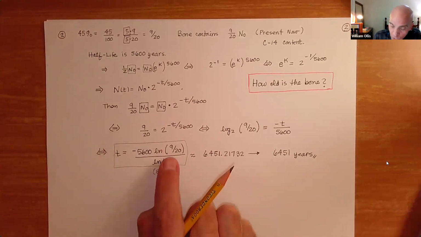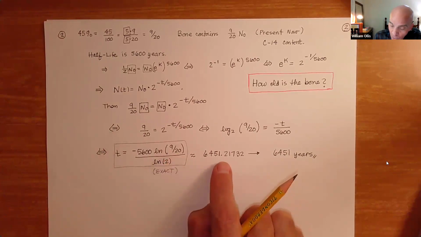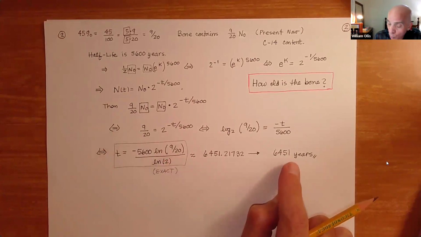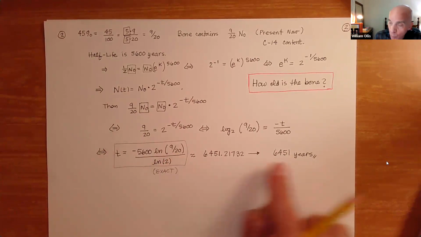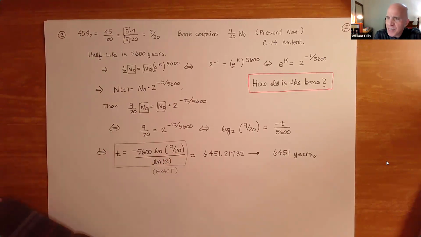And so if you use your natural log key, you will get approximately, actually a single digit year, 6,451 years. Now, again, this is not a precise time down to the second or the minute or even the day. This gives you a rough approximation as to how old the artifact is. And this can place the particular artifact in a certain point in time, which can be very critical for your